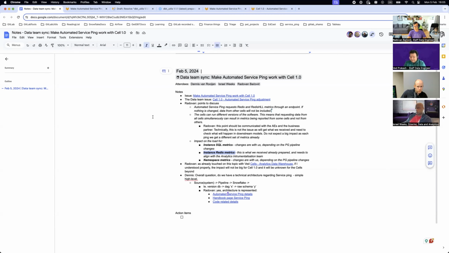But for cell 1.0, what they have said is that they have reserved a slot of primary keys in the main database and given it to cell 2. So they will not have a unique key issue across 2 different databases. We'll still have unique records flowing from both of the databases. So that consolidation is happening at the GitLab.com DB itself as part of cell 1.0. And that does not impact the data we receive. For us, it will look like